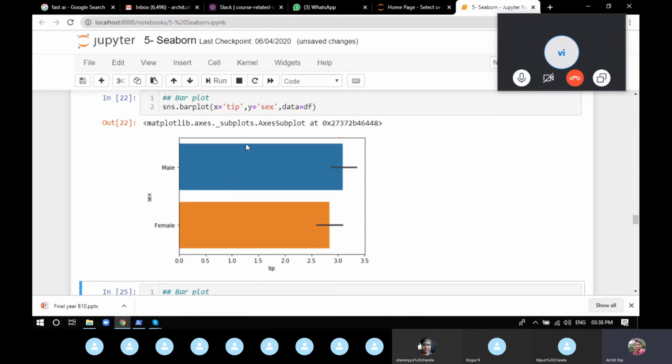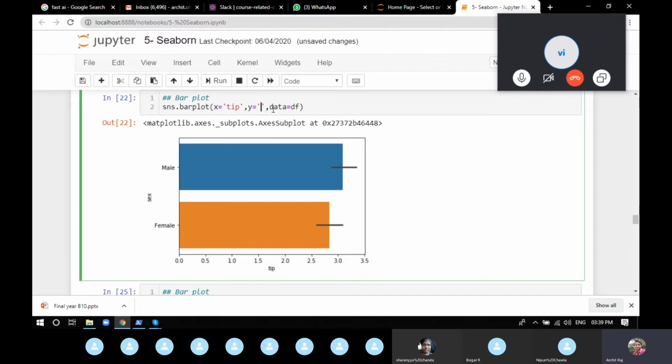But if you write both of the attributes x and y as continuous data, it's not like you're doing it wrong. But again, the same thing that happened with hue is going to happen here. If I give tip here and size, okay, I'll not write total bill, otherwise it will again take 5 minutes.